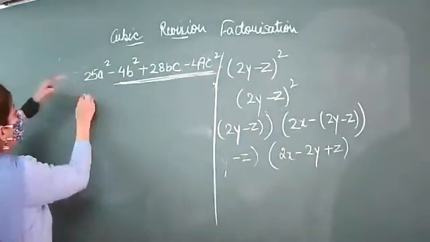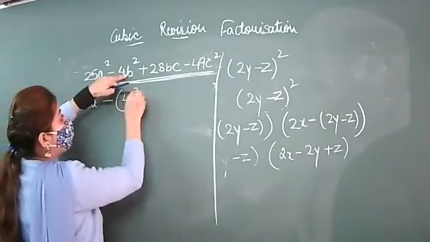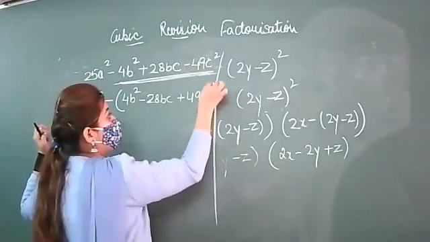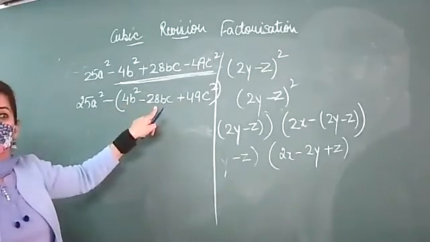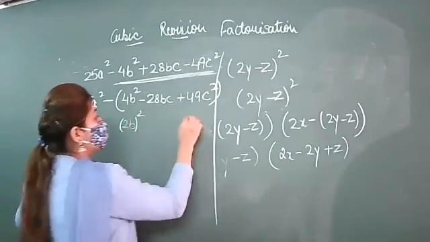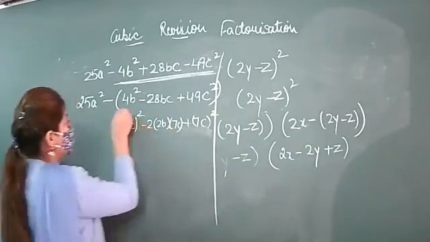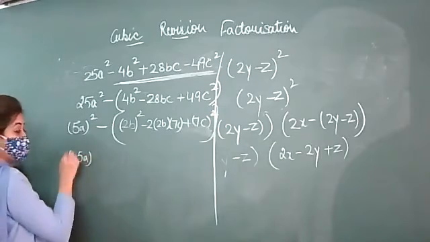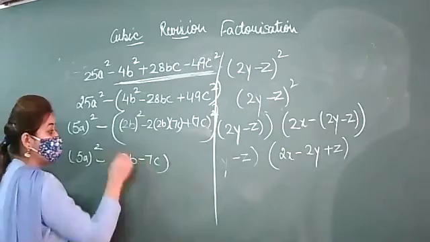Negative common. So first term 25a square is same, take minus common, negative will change to positive, positive will change to negative and this negative will again become positive. Clear? Clear? Now this is your a square, b square, 2ab. This can be written as 2b whole square, 7c whole square and 2a into b. And this is 5a whole square. This 5a whole square is same, a square plus b square minus 2ab. A minus b whole square.